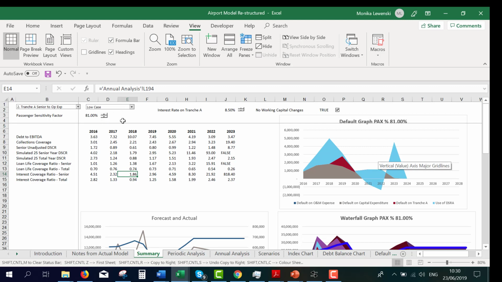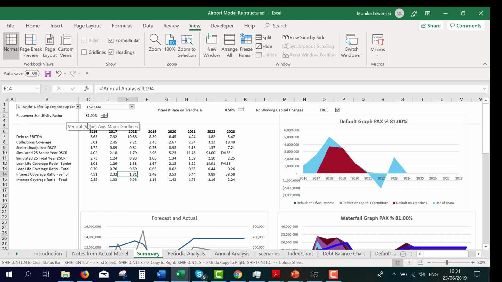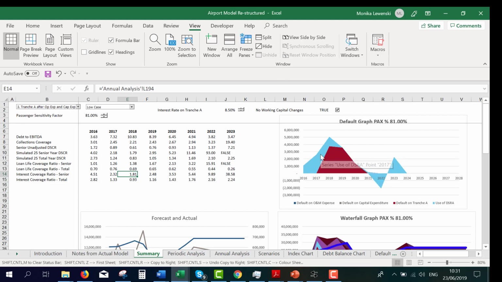So our traffic could go down by 81%, and we have a little default, but we're able to repay the default. Now, if you instead had the structure where you first pay the O&M expense, you'd have a default on the operating expense, not on the debt. That's the point. And then if you had this one, you'd have just a default here. I'm sorry, this is a second one. We'll have a default on the capital expenditures, and in the final one we pay the capex, and we have a higher default on the debt. So the structure of the waterfall has a big effect on the